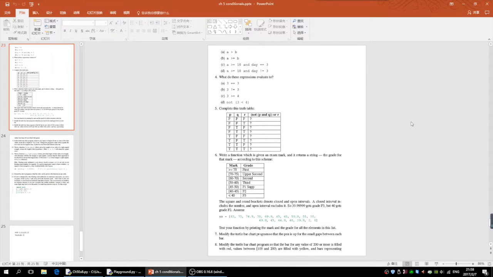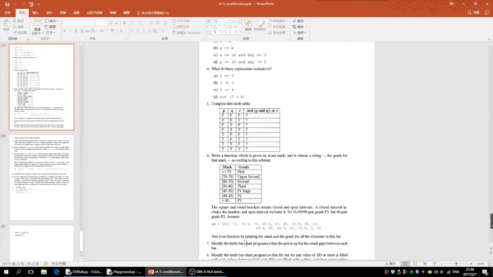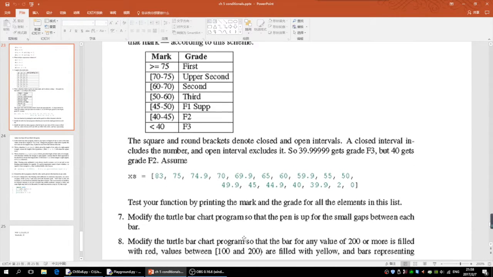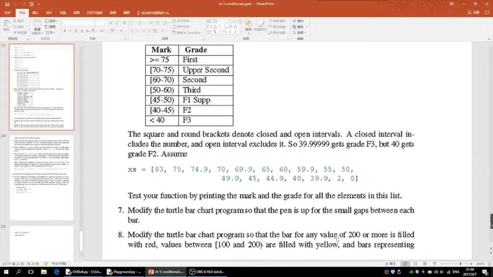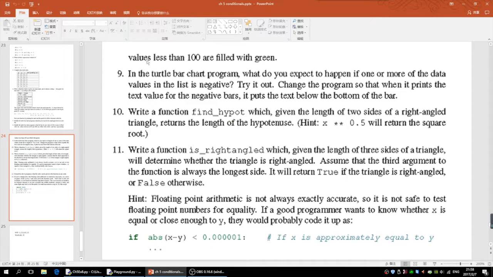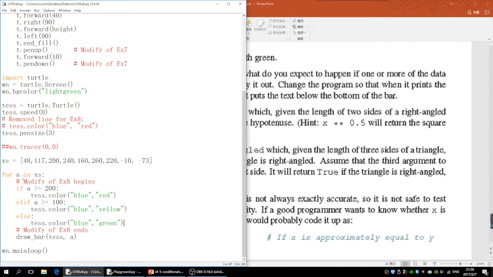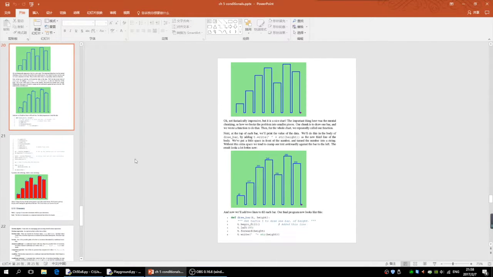Today, what the assignment requires us to do is to modify the turtle bar program so that the bar for any value of 200 or more is filled with red. Values between 100 and 200 are filled with yellow, and the bars representing values that are less than 100 are filled with green. So what I figured to do over here is to change the for loop in the original program